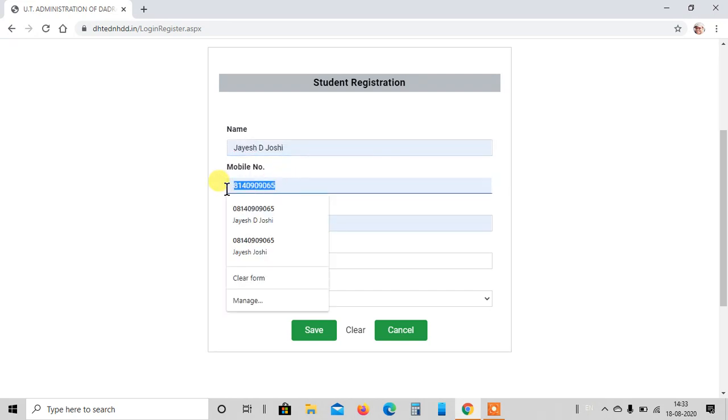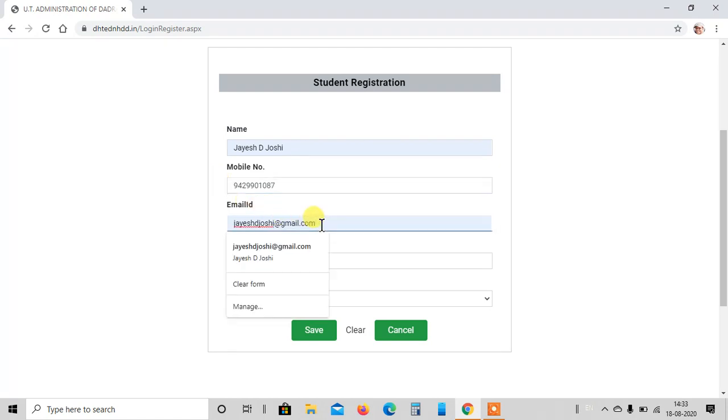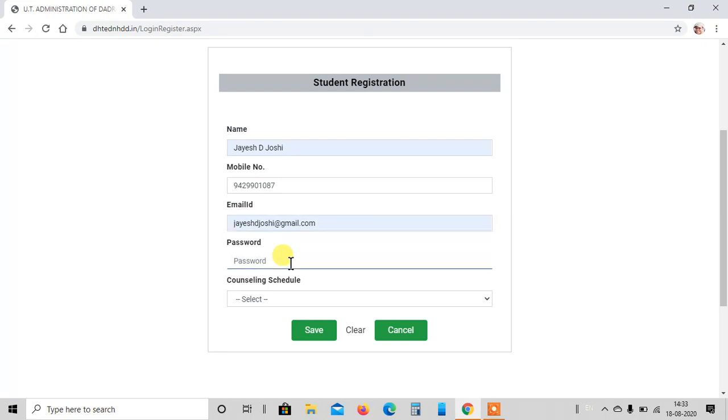Enter your mobile number. Enter your email ID and choose a password which you can easily remember.